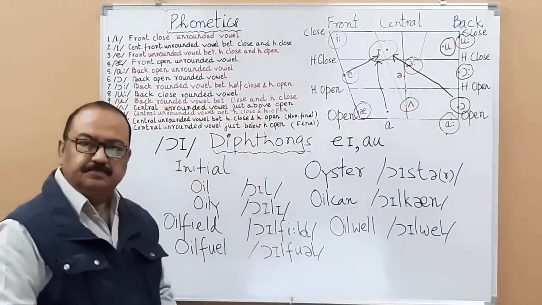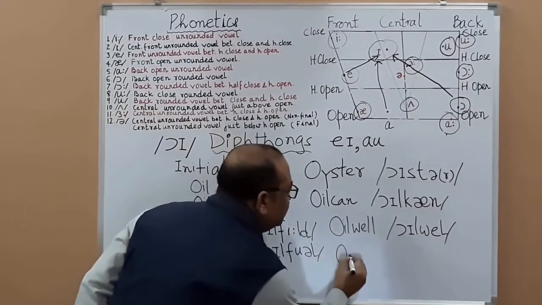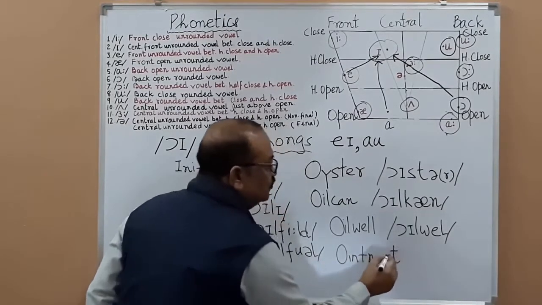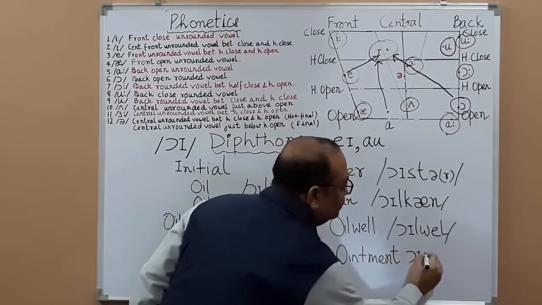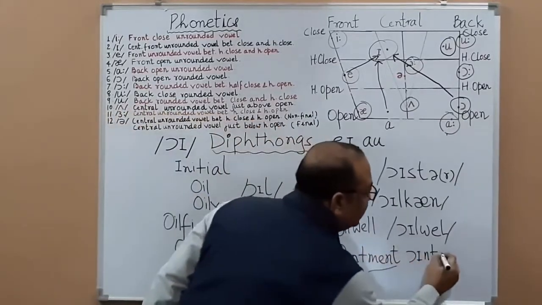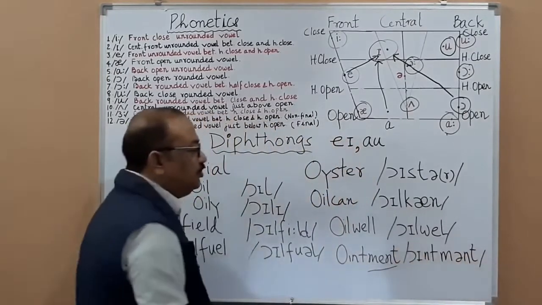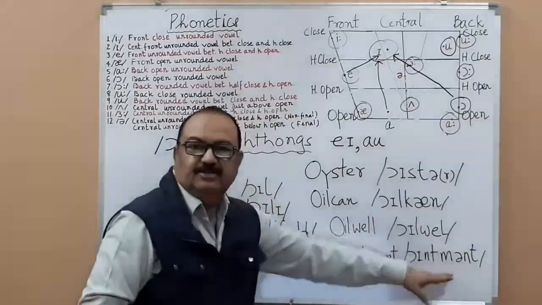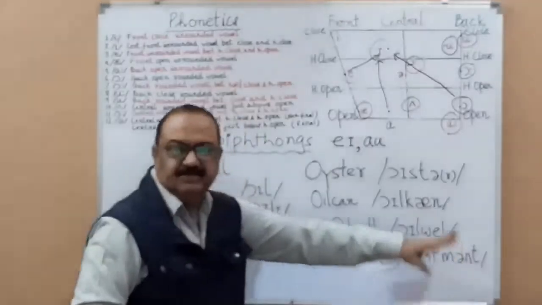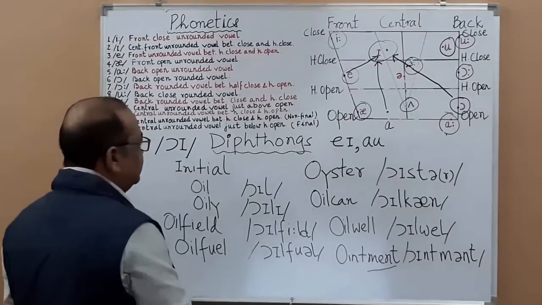Yes? Ointment. Okay, you have taken a very big word. Ointment you can write like this. See, this is oint. It's in so many words. So remember how you transcribe it. You transcribe it like this, and this is so with every word. It's not mint, it is ointment. Okay? So I think we have had enough words. Yes, sir. So we can move on to the medial sound now.